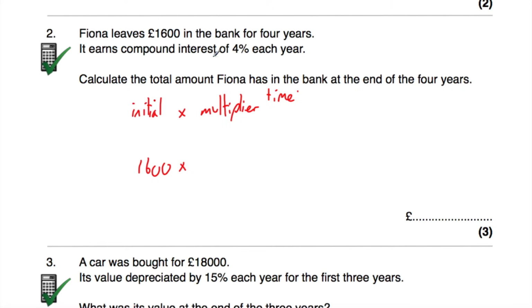Well, it's got an interest rate of 4% each year, so if you increase something by 4%, that'll be 1.04 as a multiplier. That's what you'd multiply something by if you wanted to increase it by 4%, so 1.04. And then to the power of time, well, it's invested for 4 years, so it's going to be to the power of 4. So if we type this into our calculator, 1,600 multiplied by 1.04 to the power of 4, that's equal to